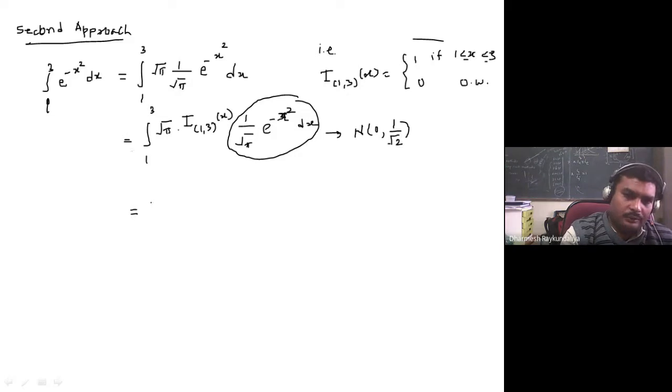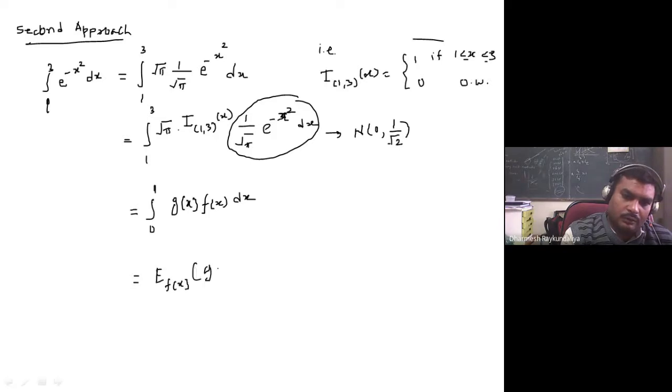That means this is nothing but g(x) f(x) dx. What is g(x)? It is root pi I_{1,3}. So you have to generate random numbers from PDF f(x), and then evaluate this function. So it is the expectation of